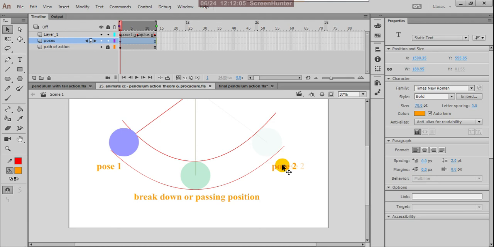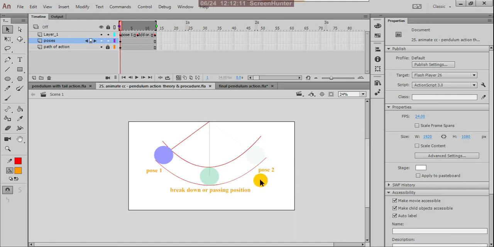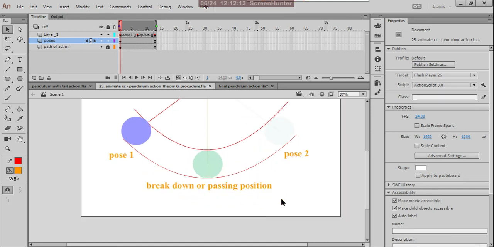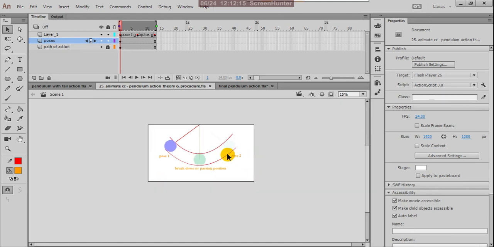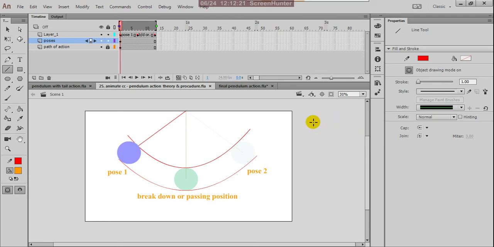Yes, this is okay. Pose 1 and pose 2. Here it is breakdown or passing position, right? First here I'll explain one ladder here. It is very important.